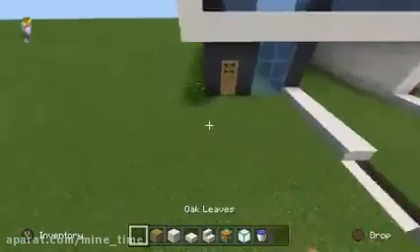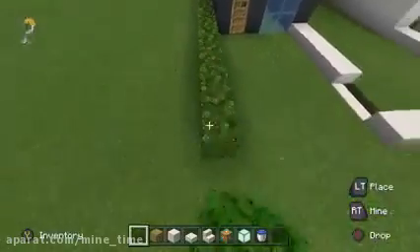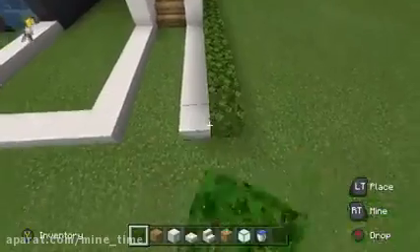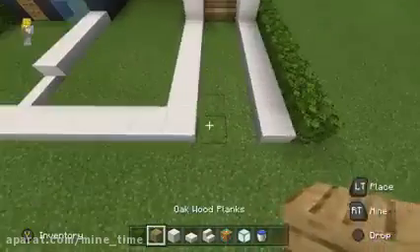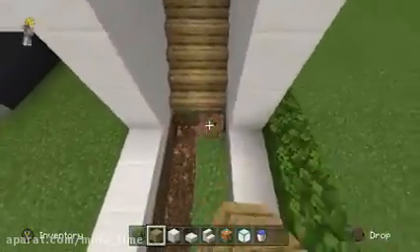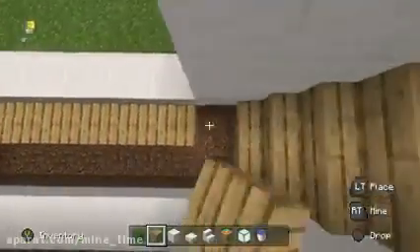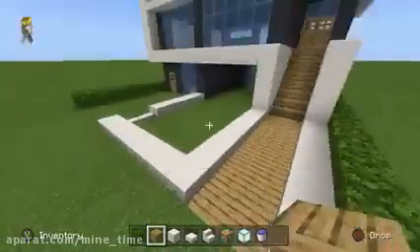I'm going to extend the hedge, the oak leaves, on the left side. I'm going to extend it so that it is even and level with the quartz slabs area that we have made. I'm going to be able to dig out the entrance, I guess what is now a long footpath to the 2nd floor of the house. I've dug that out and I've replaced that with